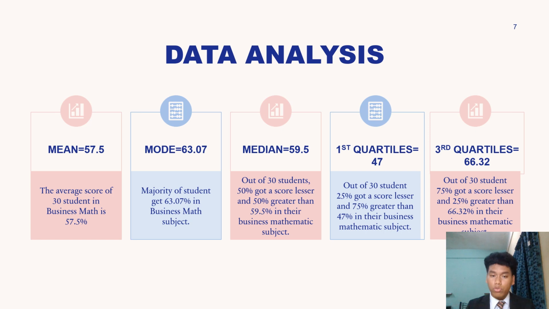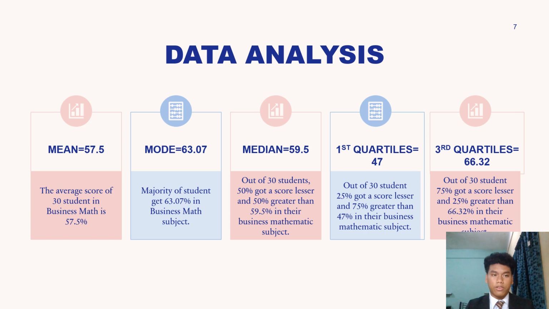Out of 30 students, 50% got a score lesser and 50% greater than 59.5% in their business mathematics subject. Also, 25% got a score lesser and 75% greater than 47 in this subject. And lastly, 75% got a score lesser and 25% greater than